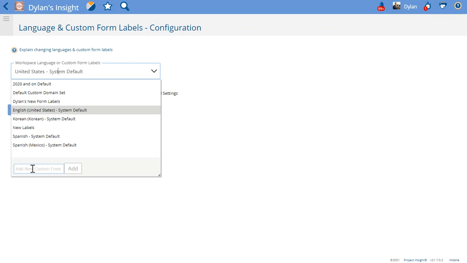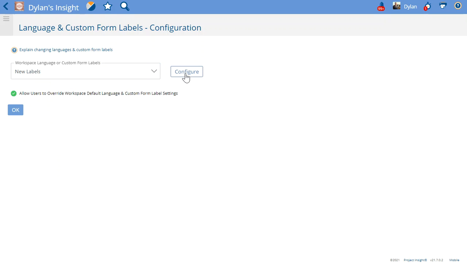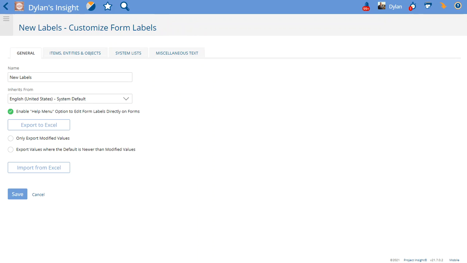You can add a new form right here in which you can start creating new label changes and things like that. I'm going to add this one here, and now you can configure those language or label changes. I've hit configure here, and it'll take a second sometimes to load. Now that the page is loaded, you can see you can make changes to that new label that you've made,